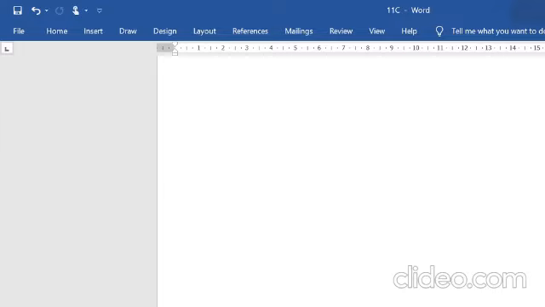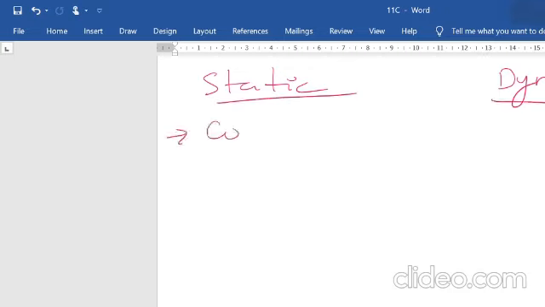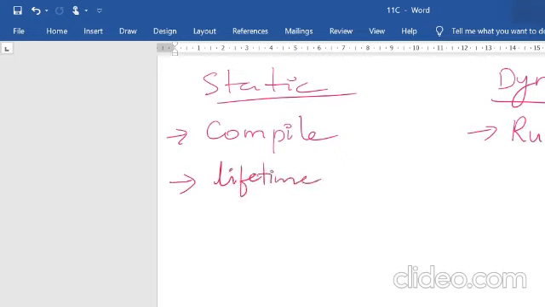Now, what are the differences between static memory allocation and dynamic memory allocation? As we said, static allots memory at the time of compilation. Here, it allots memory at runtime. The lifetime of the variable in static is complete, it is valid throughout the life of the program.